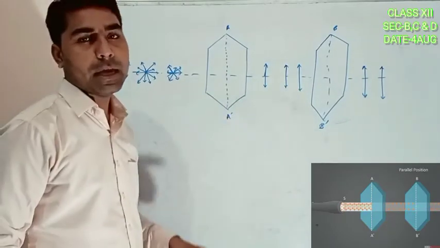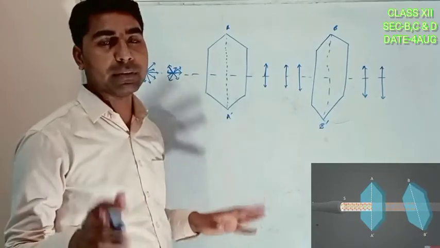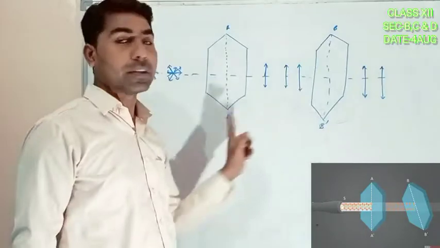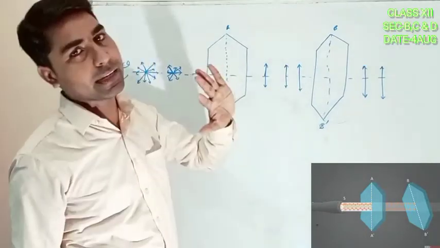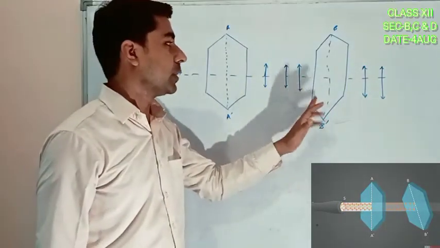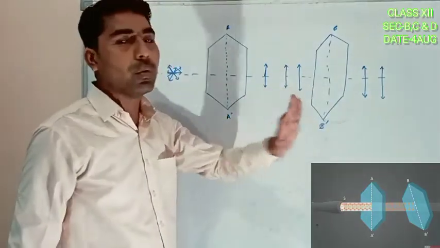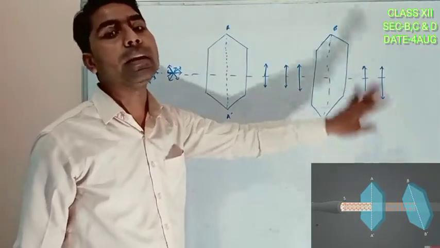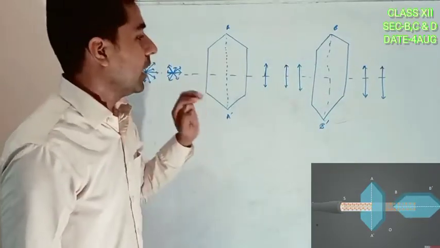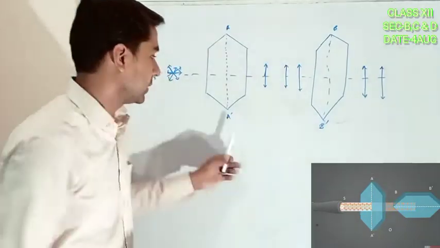It will be received the same way as it is here. But if we rotate this one, if you remember the last lecture, in that lecture I had told you, if you rotate this first one at any angle, the emergent light will be at the same angle. But if I am talking about this second one, if we rotate it except for this parallel position, then at this place no light will be received. I told you that this one is having a different name. This one will be called